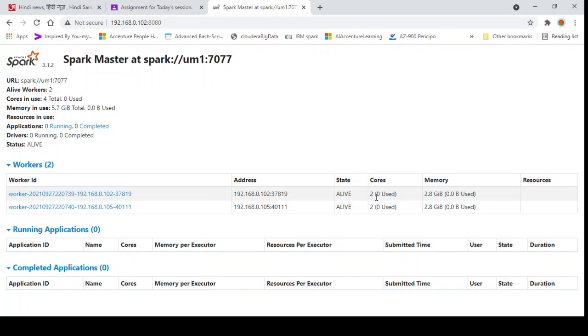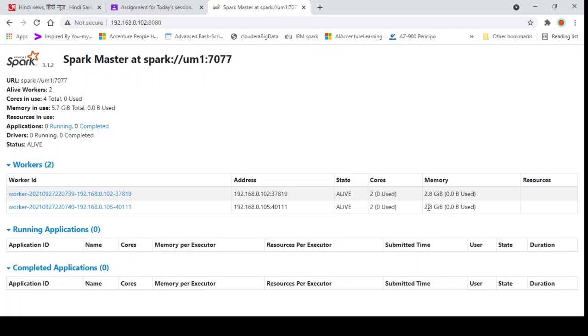In my machine, I have configured two cores for a single virtual machine, so it has assigned two cores to the worker. You can configure the number of cores in the spark-env.sh file or at the time of job submission, but by default it will assign all the cores that are assigned to your virtual machine.